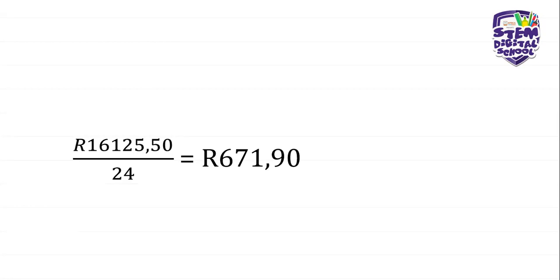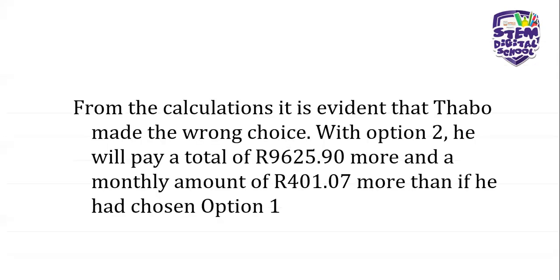Now, now that Thabo chose option 2, it means he will have to pay 671 rands and 90 cents per month for a period of 24 months. Whereas in option 1, he would have paid 270 rands and 83 cents. Now, from the calculations that we have just done, it is very clear that Thabo made the wrong decision,